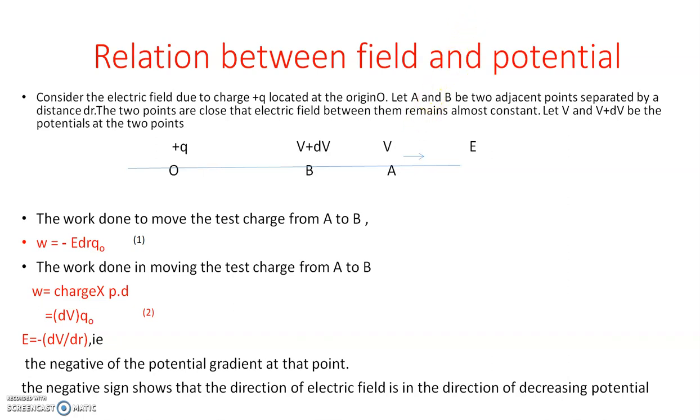In this diagram also you can see at which point potential is more. Potential is more at B and less at A in the case of positive charge. So what's the direction of electric field? Electric field is in the direction of decreasing potential, because electric field is in the direction of B to A, away from the charge. Is it clear? Okay. So when you are solving problems, no need of putting that negative sign. You can write E is equal to potential difference divided by distance. No need of bothering about negative sign. Negative sign is only to show that the direction of electric field is in the direction of decreasing potential.